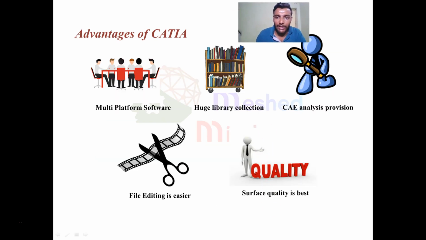So we know that there are n number of CAD softwares, and Catia is constantly being challenged by other CAD modeling softwares like SolidWorks, NX CAD by Siemens, and softwares like that. So why is Catia preferred in top tier industries? If you think of any tier 1 and tier 2 industries, they generally go for Catia. One of the most important reasons is that Catia has been one of the oldest and most